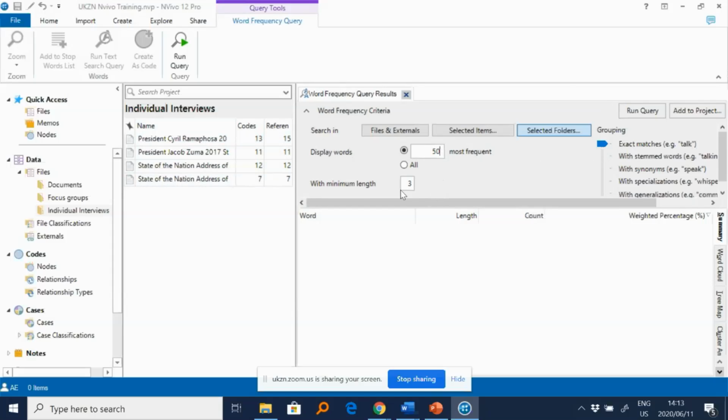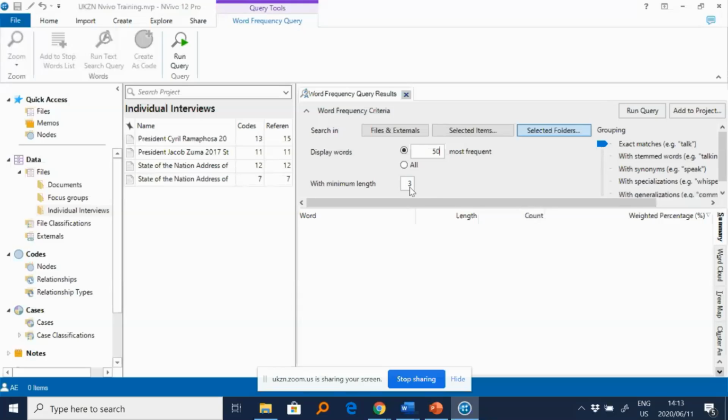Then you come to this option that says minimum length. This tells you the number of characters in each of the words that NVIVO should pick. Again, as a researcher, you need to understand, given the phenomenon that you're studying, what is the length of the most important words that you'll be expecting.